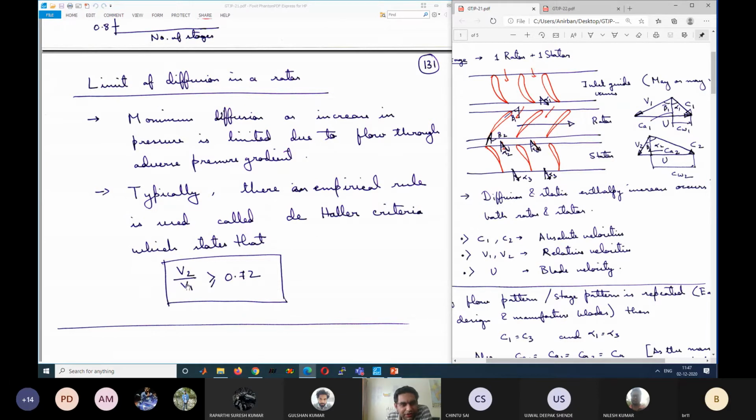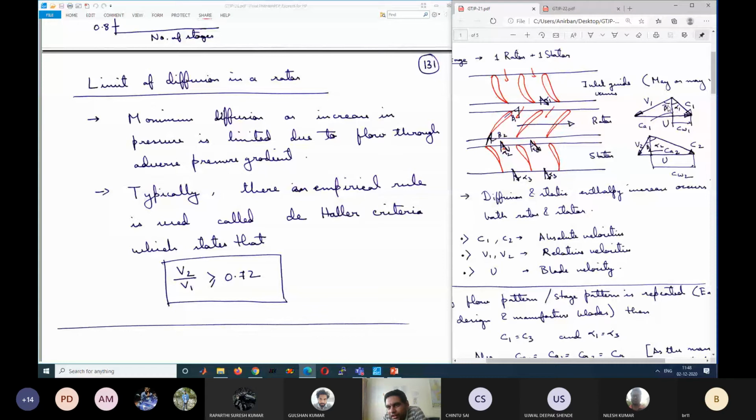So there is a limit which tells that V2 by V1 should be greater than or equal to 0.72. This is known as de Haller's criterion or de Haller's number, and it states empirically that V2 by V1 should be greater than or equal to 0.72. So whenever we design a centrifugal compressor, we have to note that V2 should be greater than 0.72 of V1. Otherwise, there are large chances of separation and large losses. So if V1 is known, the minimum value of V2 that can be designed is 0.72 times V1. If you go lower than that, there are chances of losses,